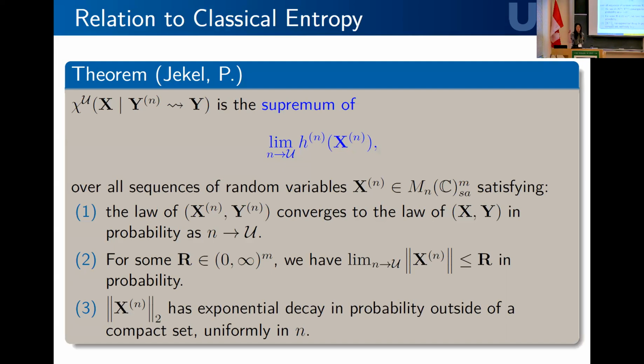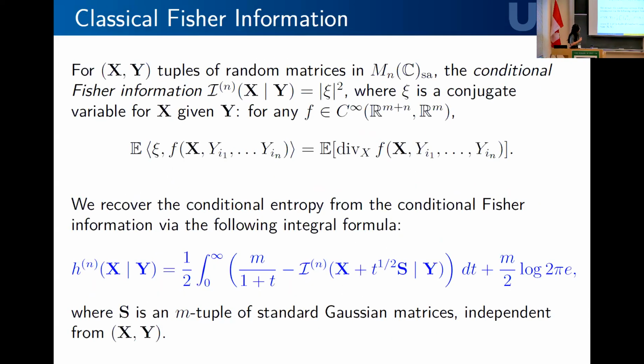I'm going to depart from this picture entirely and talk briefly about the non-microstate picture, and then I'll conclude with a sketch of the main result. So in the non-microstate picture, I said it has everything to do with this quantity called Fisher information. The same thing I defined before, just expected value of negative rho log rho with the right renormalization for the matrices, can be recovered from the classical Fisher information by some integral formula.